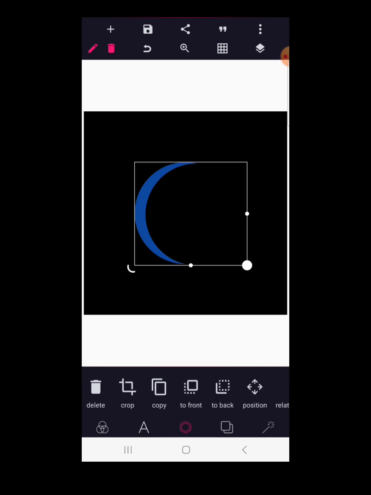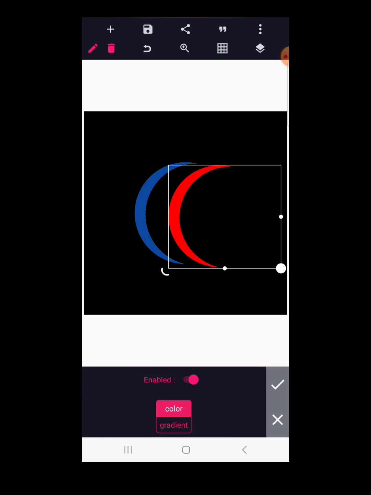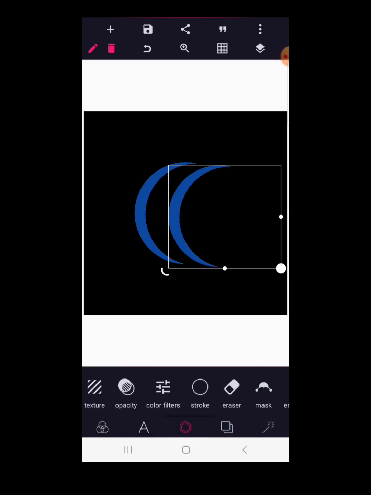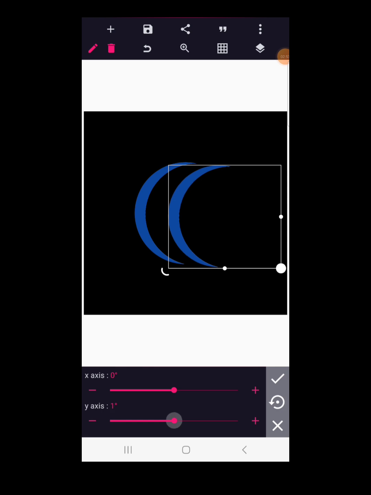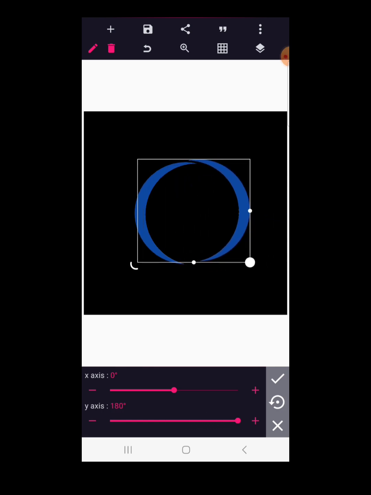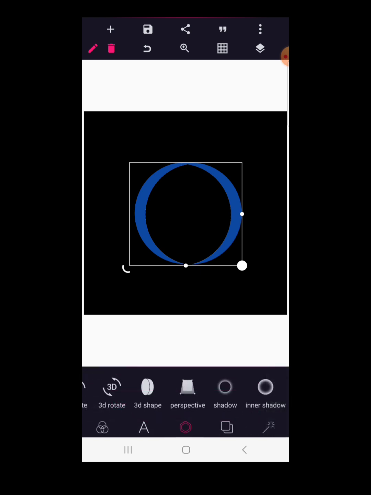So after creating this first shape, the next thing you need to do now is to copy it. Just copy it, go and enable color and give it, okay, so let's just leave it with the same color, no issues at all. Then we can go to our 3D rotate. Click on your 3D rotation and rotate this by 180 degrees. So after rotating it by 180 degrees, I would love you to reduce the size. Place it this way, then go to size,